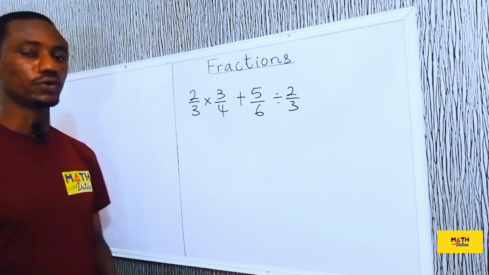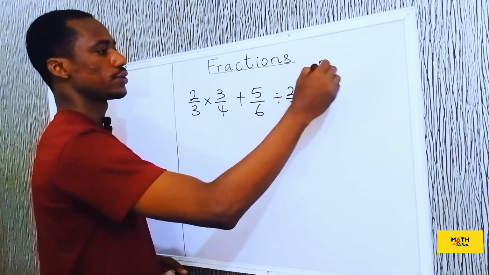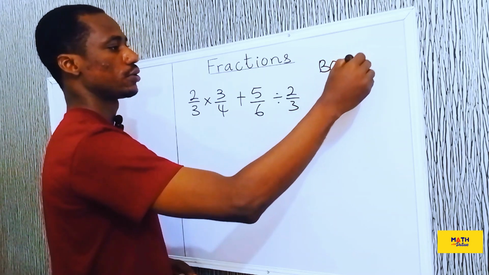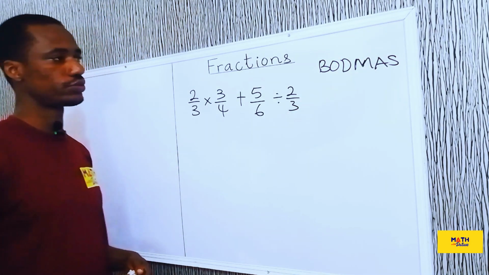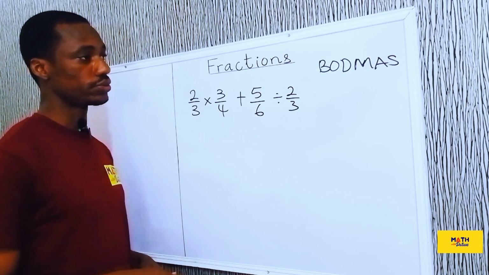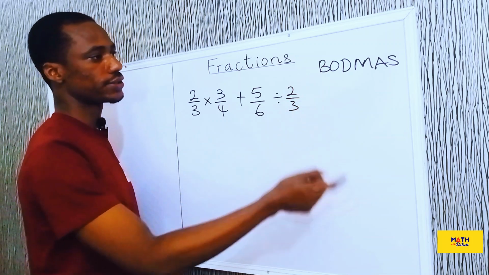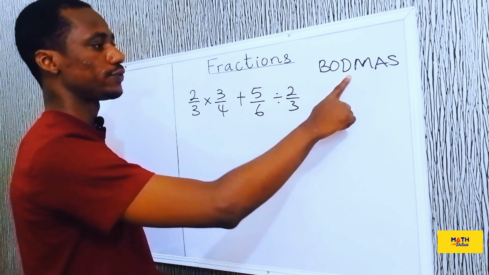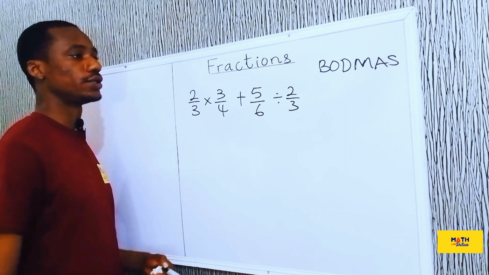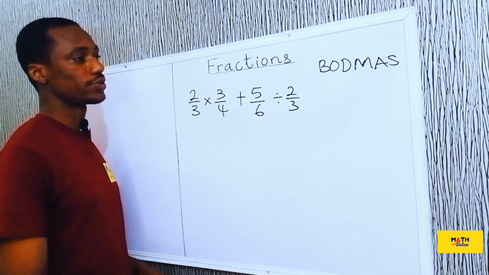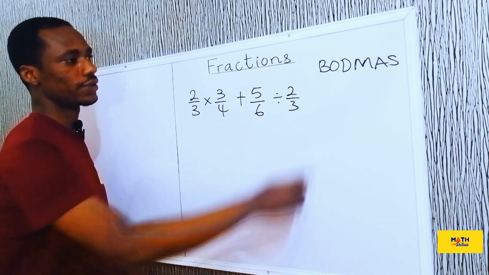Then we need to take note of the order of operations. Remember your BODMAS. PEMDAS, BODMAS, whichever acronym you're used to, we are talking about the same thing. This is brackets, parentheses, order, exponential, division, multiplication, addition, and subtraction. And in some textbooks, especially primary school textbooks, you have it as OF,